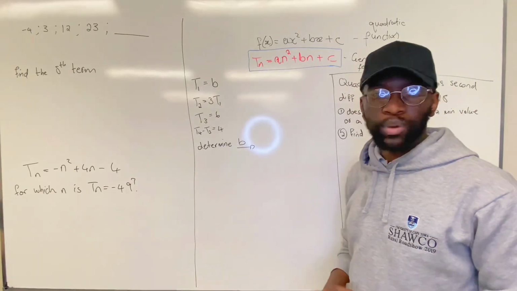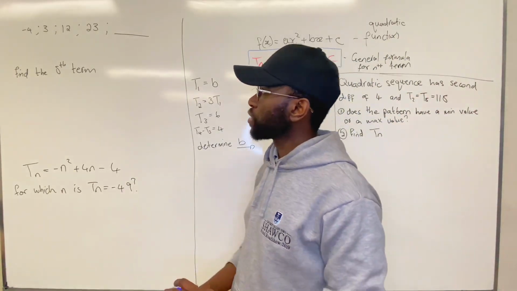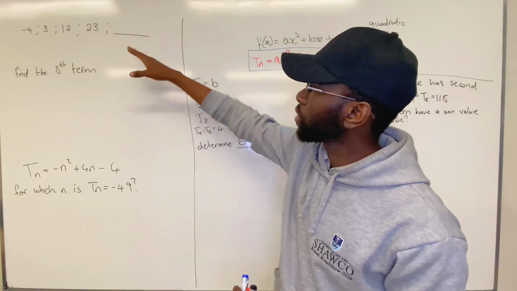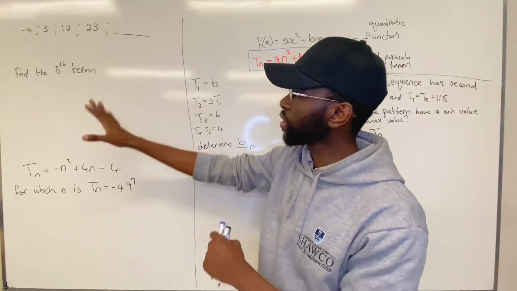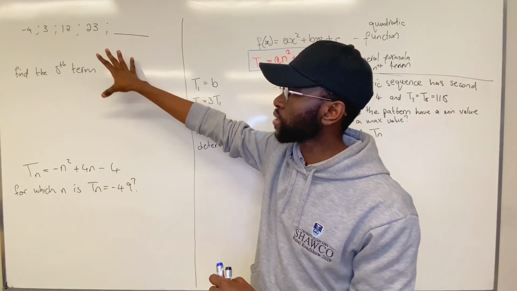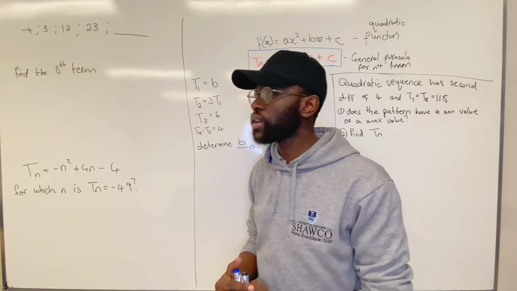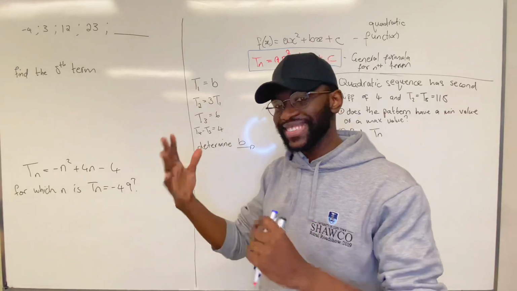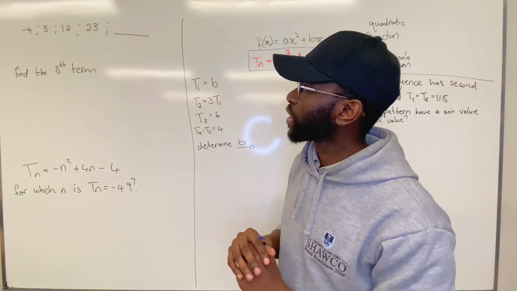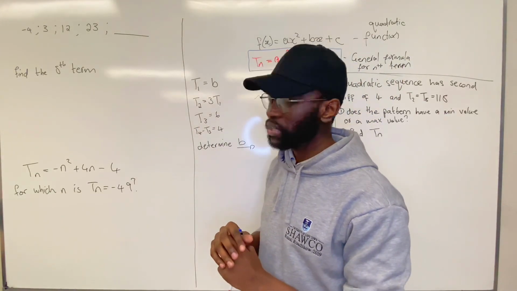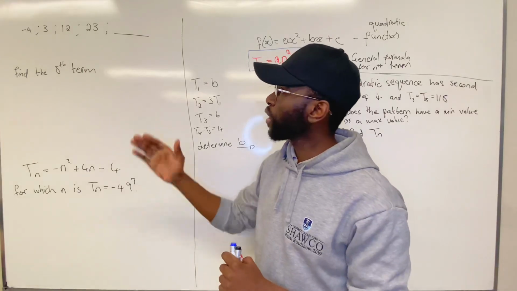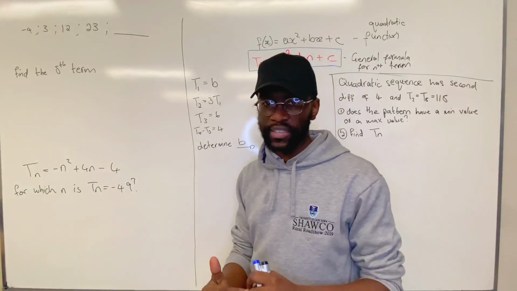Let's do a couple of examples, starting with this one. Let's say you are given a sequence there. They don't tell you what type of sequence it is, but you need to figure it out and then find the fifth term. So let's determine what type of sequence it is. The first thing we're going to do is find the first difference and see if it is